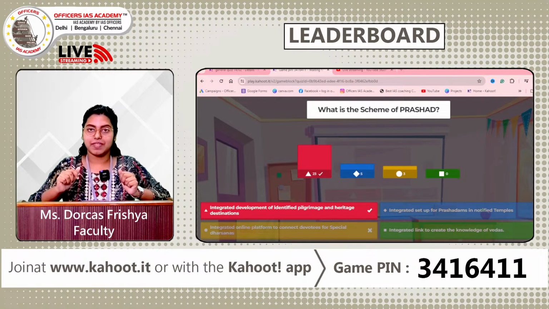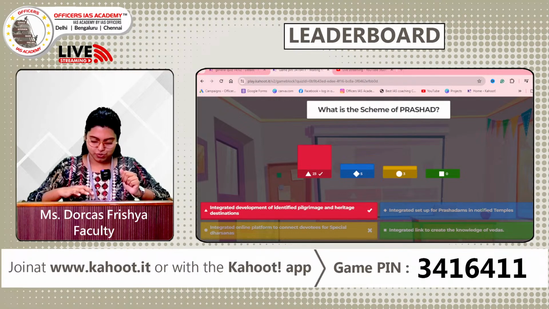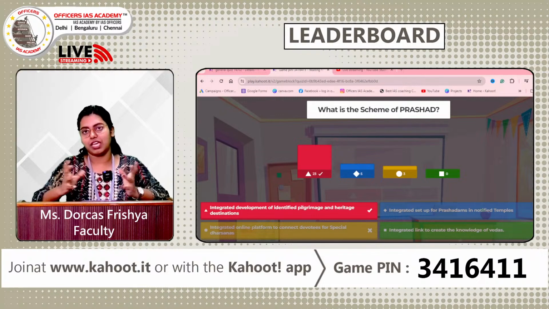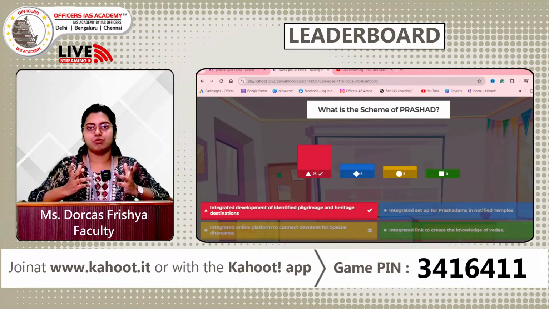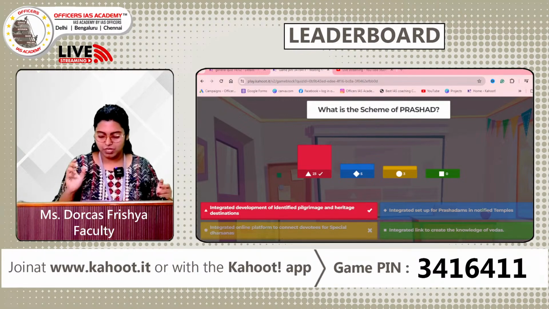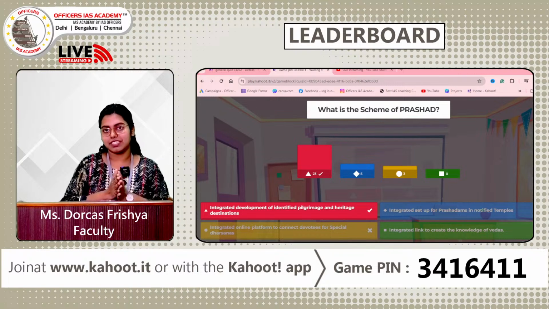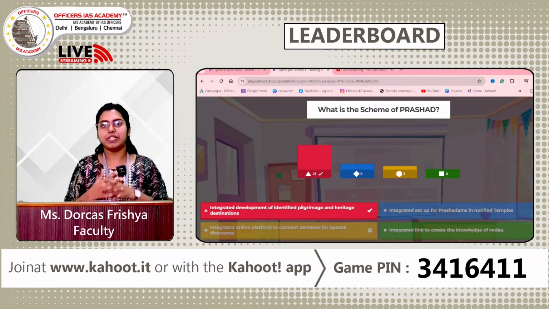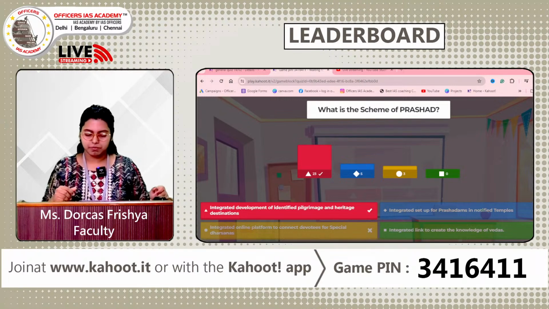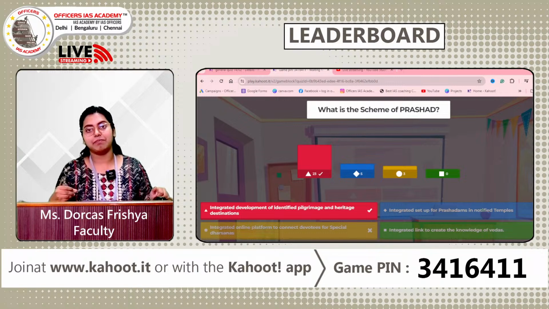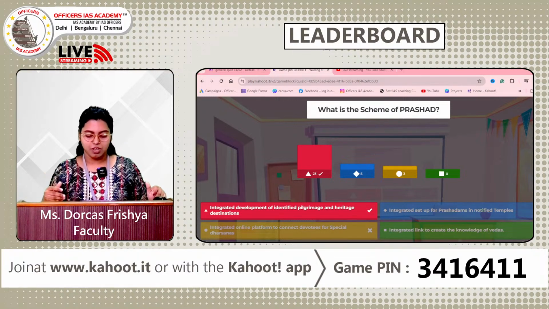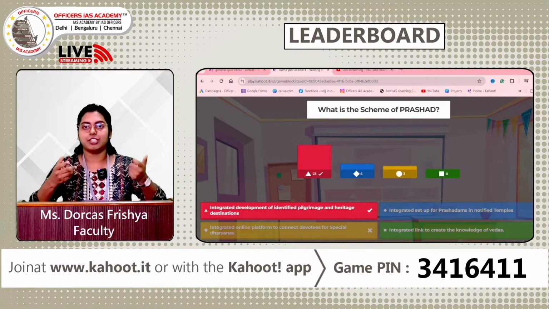Actually, this particular scheme, Prashad, was launched by the Ministry of Tourism in the year 2014-15 with certain objectives in mind. They planned to develop infrastructure in an integrated way. They aimed at infrastructure and basic facilities required for pilgrims to travel in and around the country, by providing last mile connectivity, basic tourism facilities, sanitation facilities, drinking water, parking areas, or information and interpretation centers, because that becomes so important.